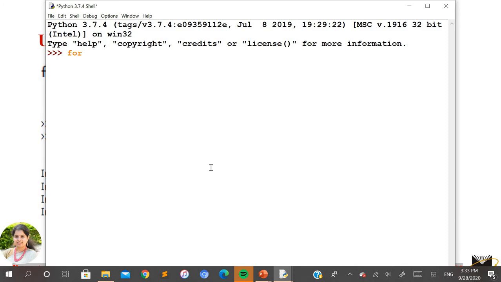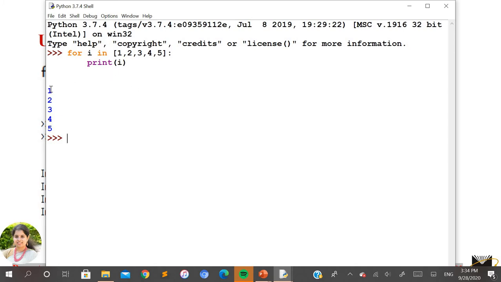So I'll take the for loop, with i as the iteration variable. In is a mandatory keyword. Directly, I'll just take some simple numbers into this list. You can see here how this for loop has executed. You need not specify anything. For each iteration, it is going to point to one element from the list and it is going to terminate when it reaches the last element from the list.